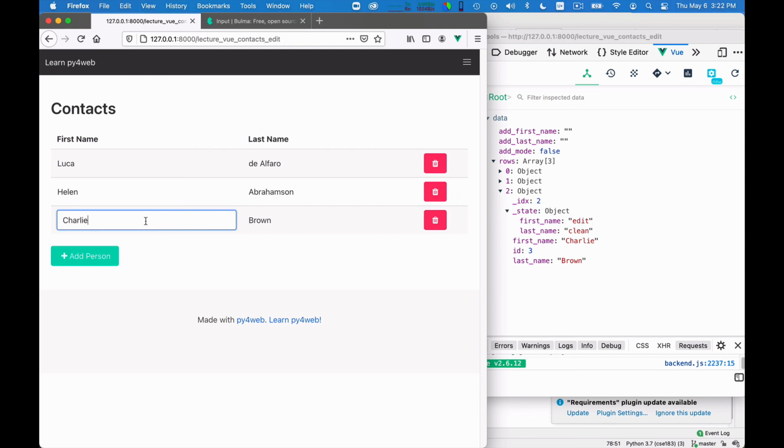I say Charles Brown, and you see that if I modify these in real time, these first name fields change value, right? So this is very helpful in debugging. So now there is this first name in state edit. Now I click somewhere else to save it, and I see that it's going to be pending for a while and it is going to be clean. So everything seems to actually work.